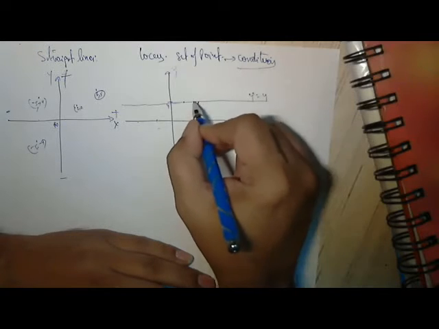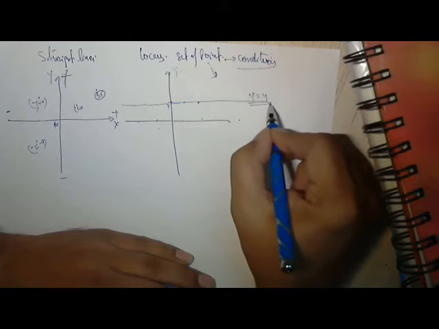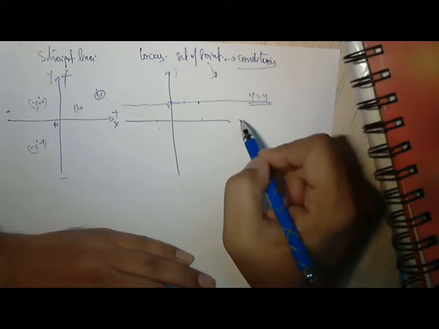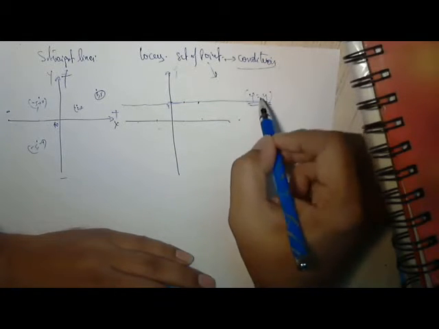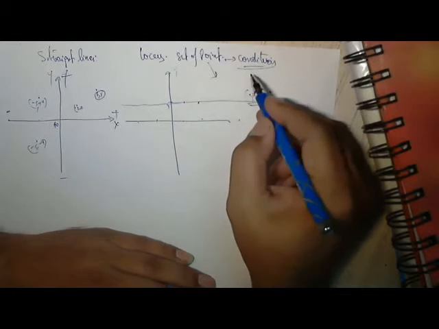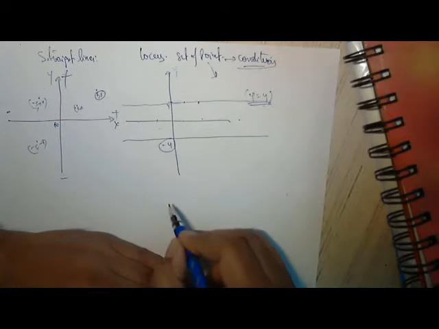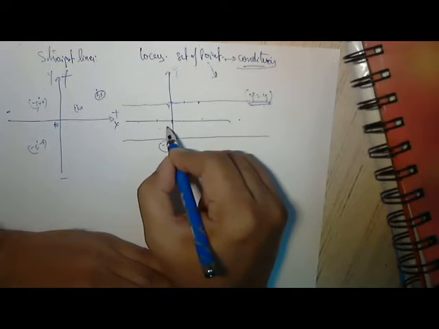So when we talk in theory, this is locus. When we represent it in an equation, this is a straight line. So this is a straight line equation. The locus is the set, defining the set. So let us see, y is -4. This is y is 0.